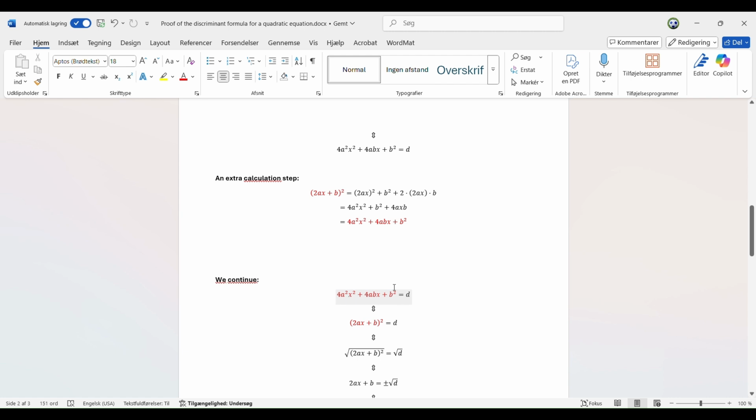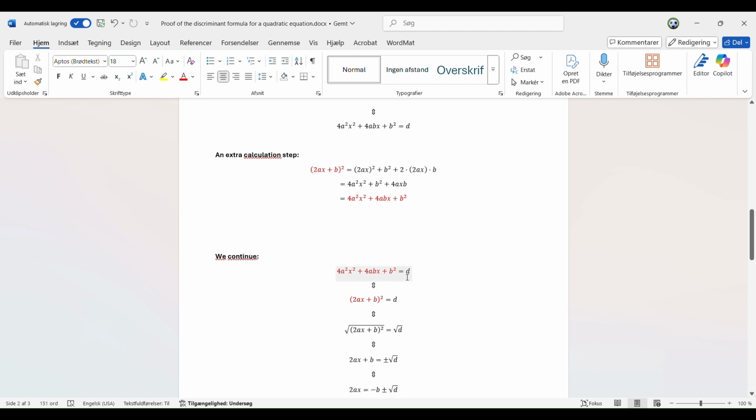So we take this on the left side and substitute it by this parentheses squared. And still we've got d on the right side of the equal sign. We want to isolate x, and to do that it's a bit difficult when this parenthesis is squared. The inverse function of squared is a square root. So we take the square root on both sides of the equation, and we just have to look one moment